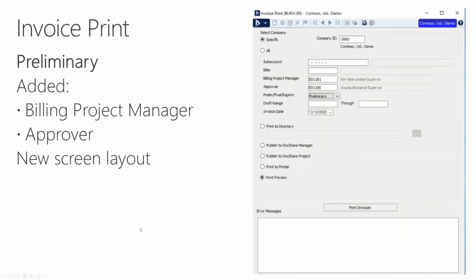Another one was around the invoice print. We talked about earlier what we did. What we've done here is, in the header, we now have a new way to figure out exactly what we want to print. We can do it by billing project manager and approver. So we can choose who the billing project manager is, not just the biller,